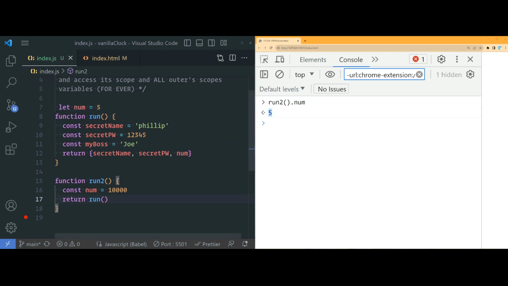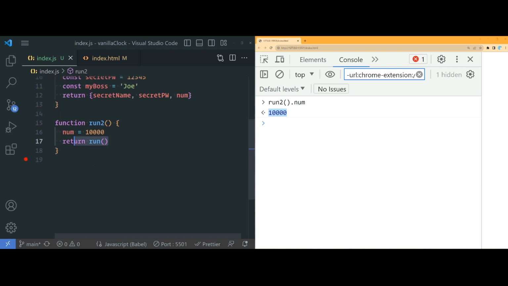But if instead we're not assigning a new num, but just reassigning the old num, now we're going to get 10,000. Because when this closure runs, again, it says, okay, the num variable must be named num and it must live in the global scope, which this does. But now, since there's a new value and it's updated, closure will automatically update that value for you. Okay, how cool is that? Now, what happens if we